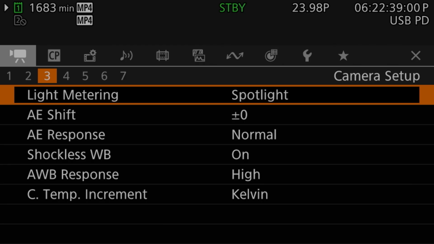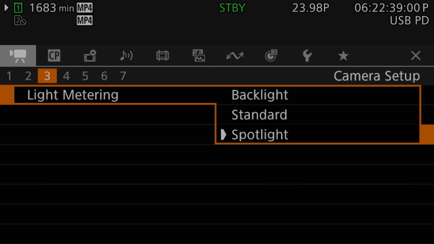Now, with that said, I actually think that this has something to do with video mode more than anything. And I'm starting to suspect that this was a video mode setting originally. In video mode, all of the EOS R hybrids basically just use evaluative metering, and you have no real control beyond that. Now, if you jump over to Canon's Cinema EOS OS, like you have on the R5C, there is